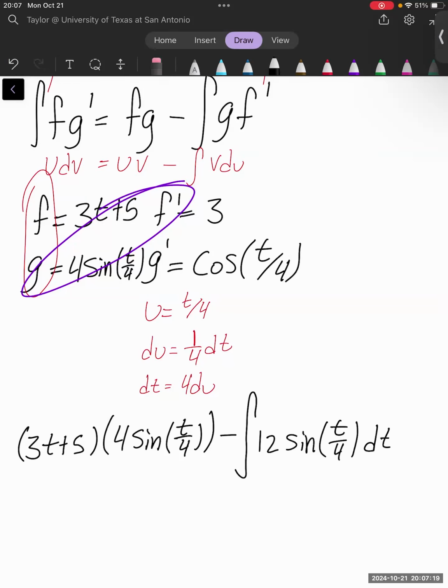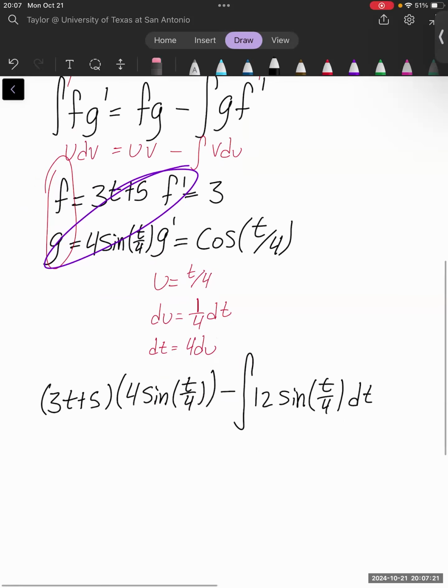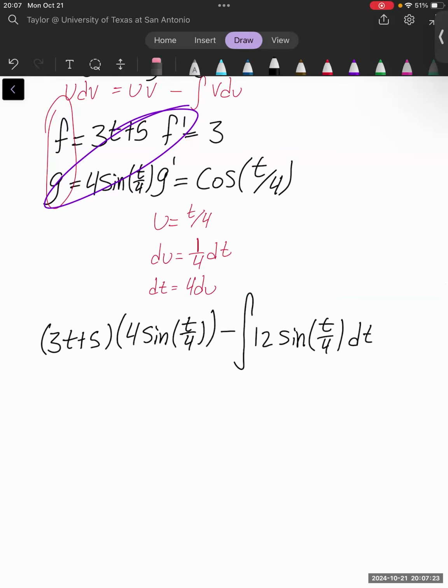And then you see the issue is we have to do integration by parts again,